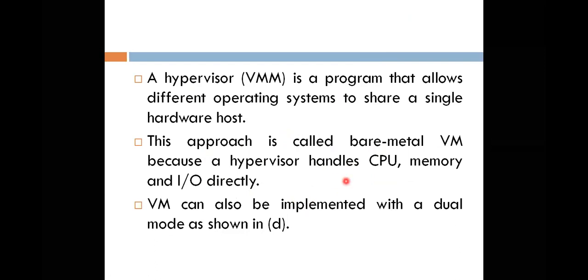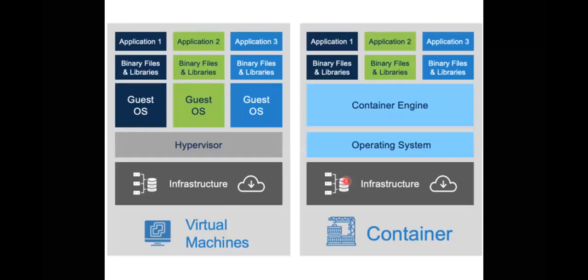In these different examples, this is one graphical representation. That is a container, you know about the container. And that is a virtual machine. You have the same infrastructure, but what differs is this: here we have the basic operating system with container engines, and it maintains binary files and libraries, which are different for each application. And here, it maintains different applications and executes applications from different operating systems.